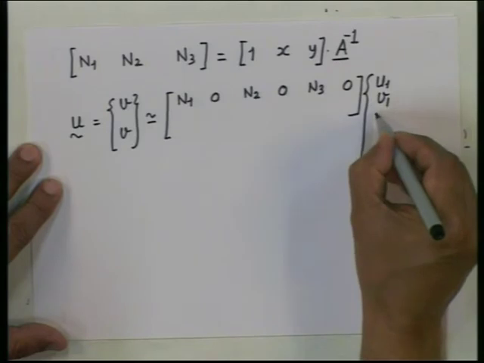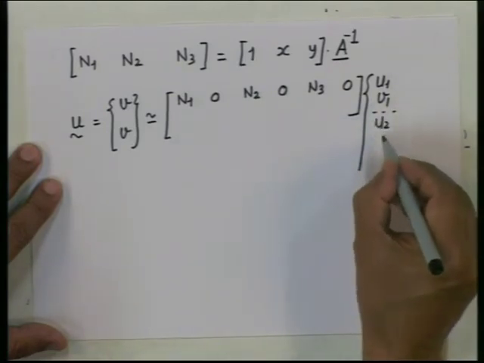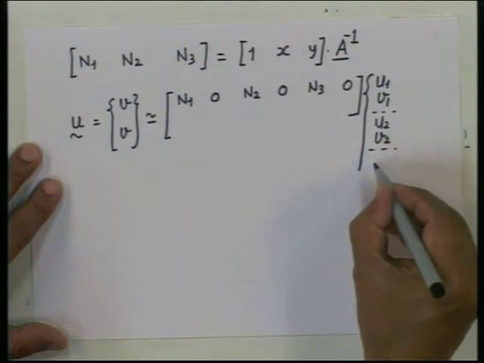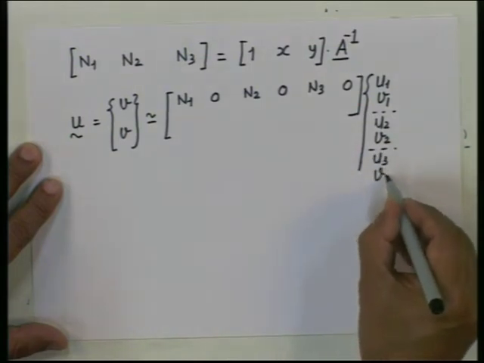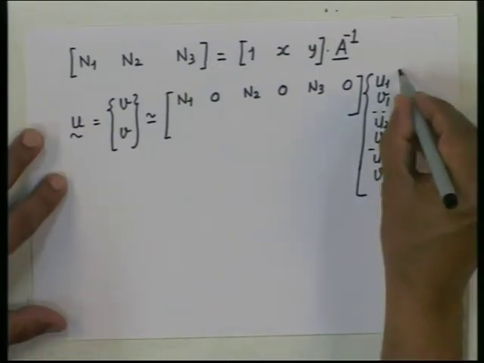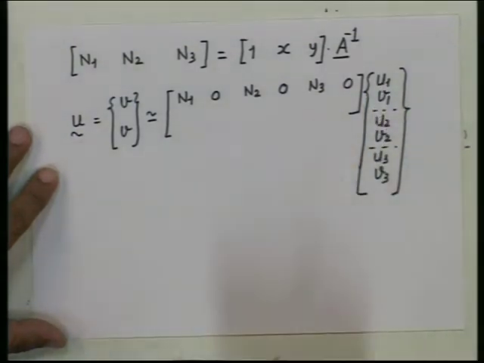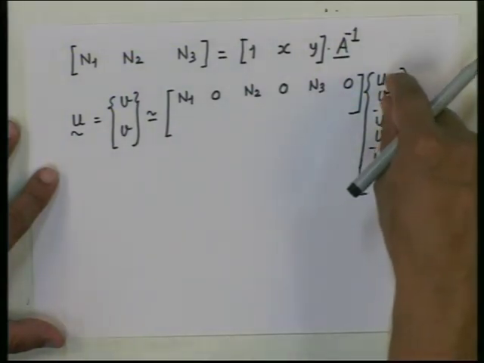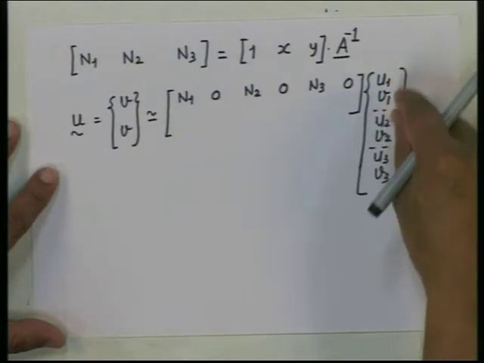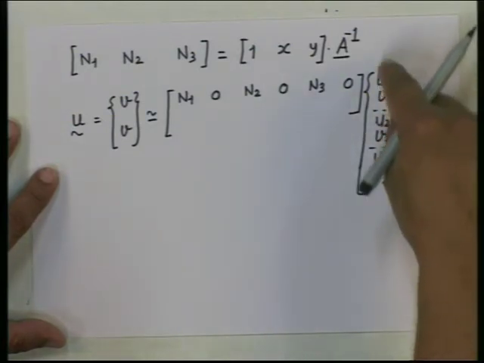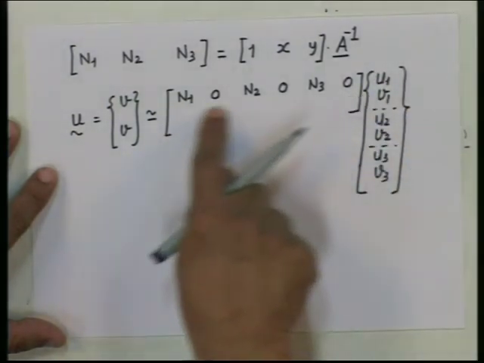So, first we will write down u1, v1 for node number 1, u2, v2 for node number 2, u3, v3 for node number 3. Do not write, there are some books which write u1, u2, u3 first and then v1, v2, v3 next. I do not like it. I think most people do not like it, because you should write the complete degrees of freedom for a node together. This is node 1, node 2, node 3, because depending upon the way you order this, your shape function matrix also will be